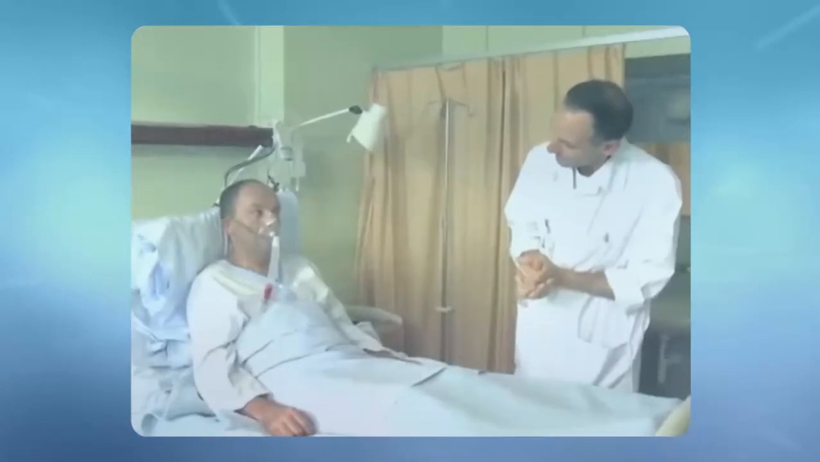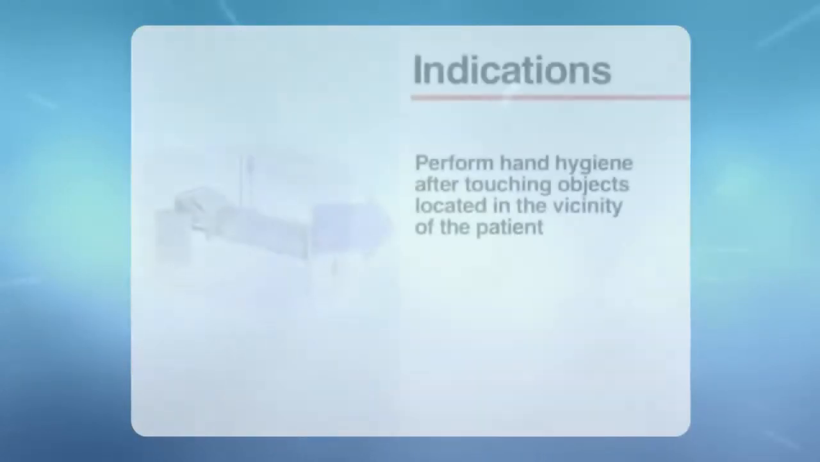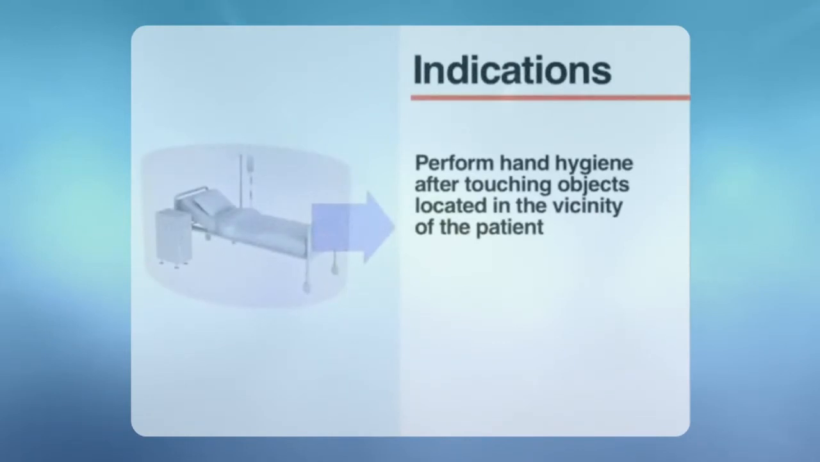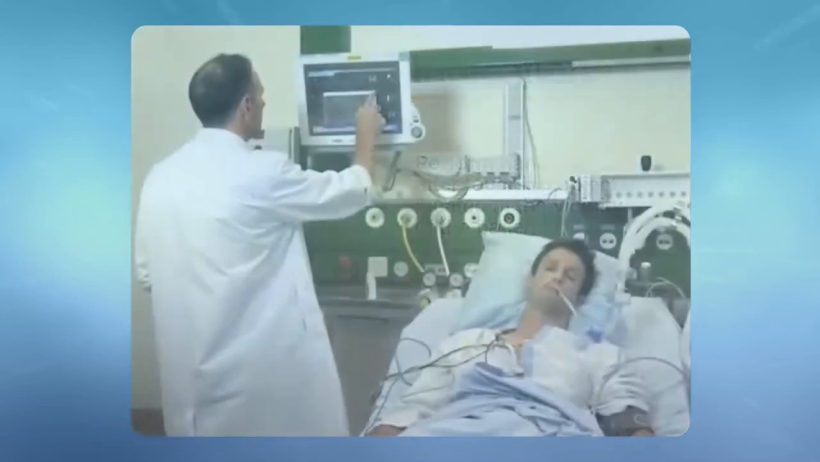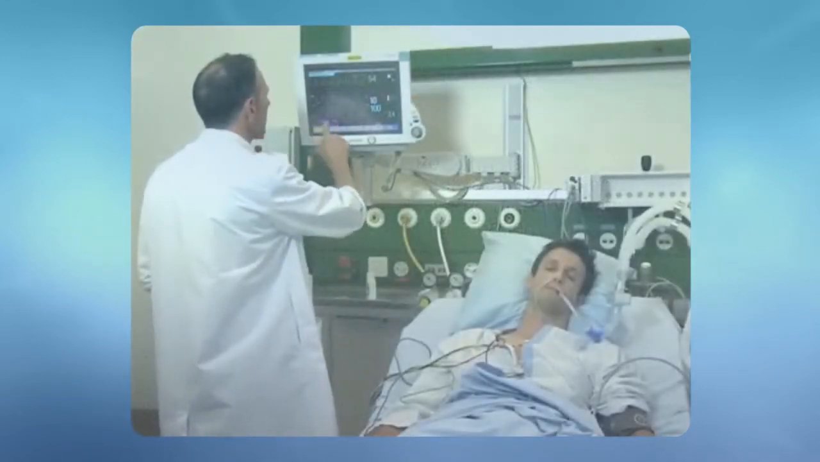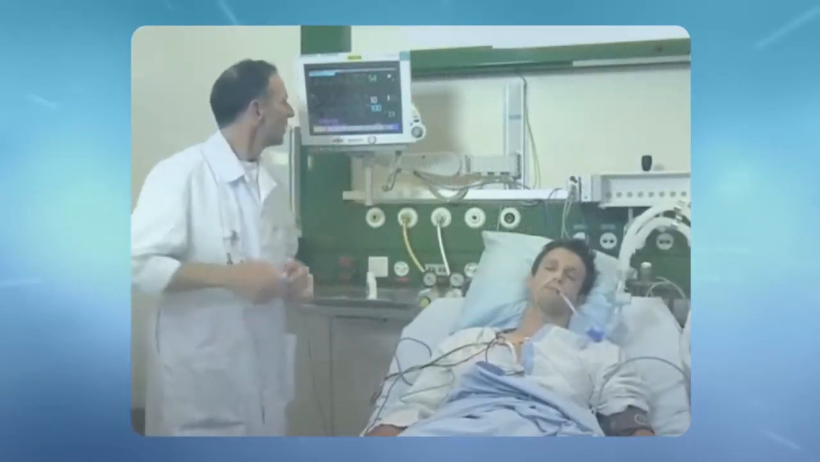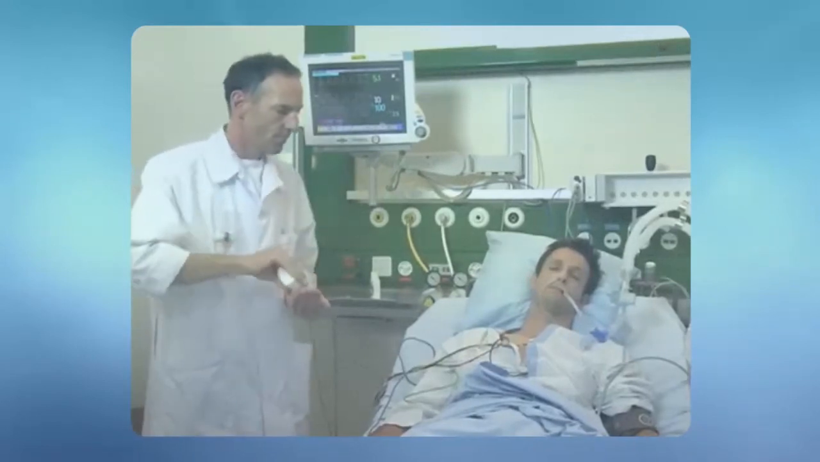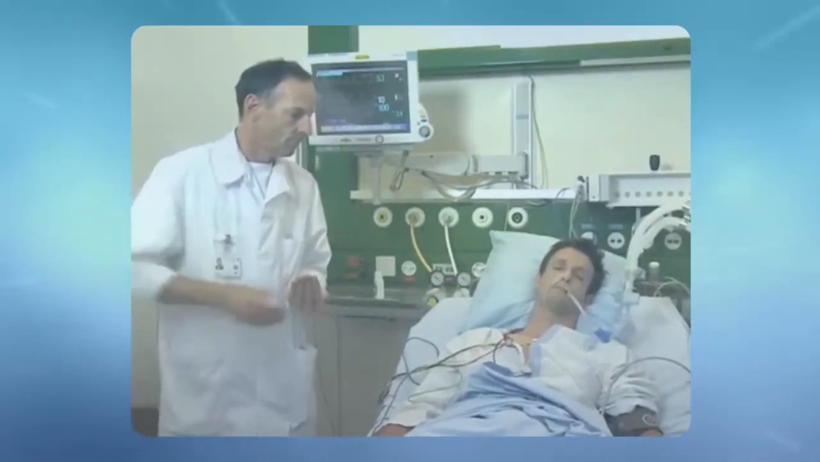This will limit the risk of germ dissemination to the healthcare environment. Even if you did not touch the patient, perform hand hygiene after touching objects located in the vicinity of the patient. For example, perform hand hygiene after touching a monitor, bedside table, or bed rail, since these may also be contaminated by the